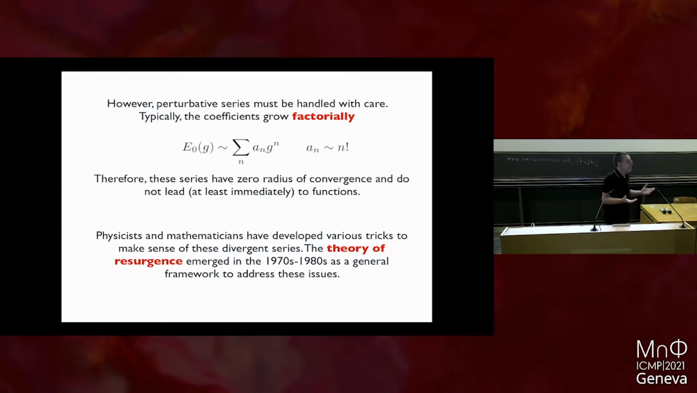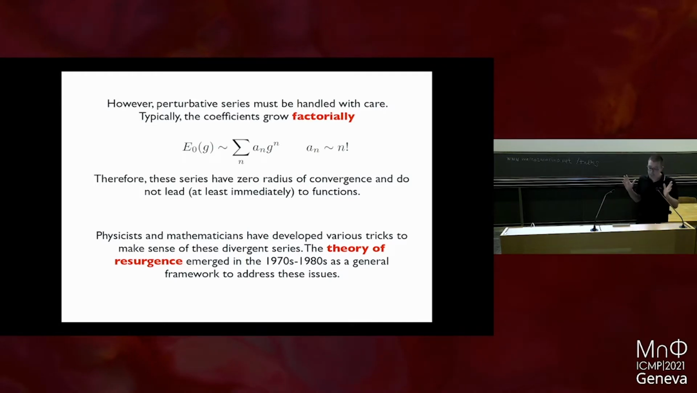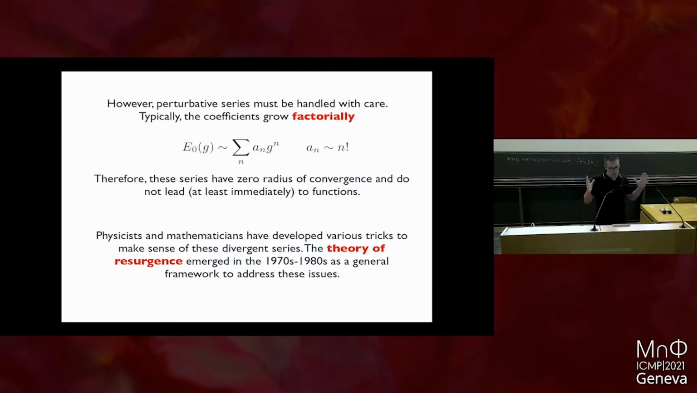Now, as I said, we don't teach these things for fun, because you can actually make sense of these things, but to do that, you have to work on it, and physicists and mathematicians have developed many tricks to make sense of these divergent series. And probably the most compelling and encompassing theory to do this is what is called the theory of resurgence. The theory of resurgence was developed by many people, mostly in the 1970s and 1980s, as a general framework to